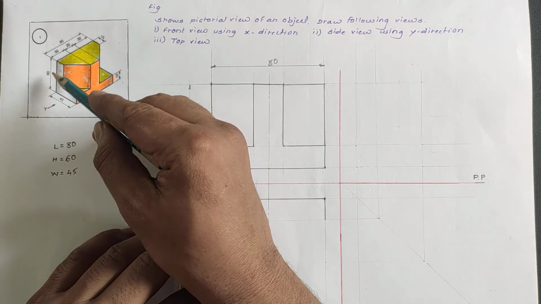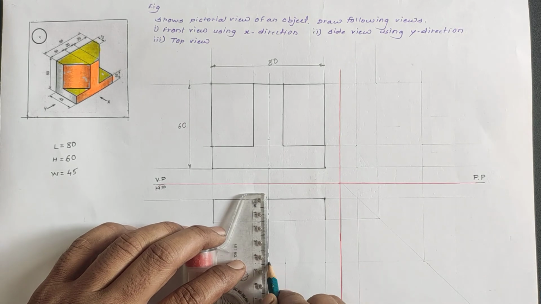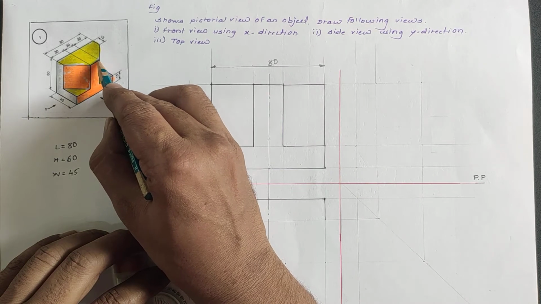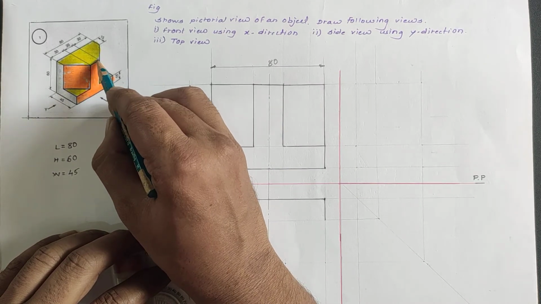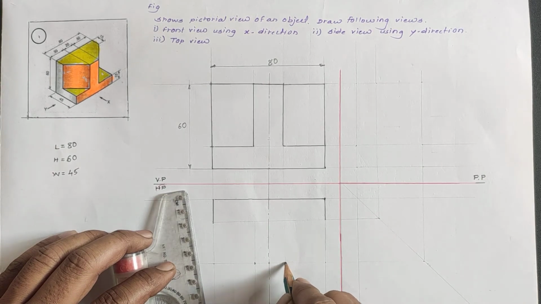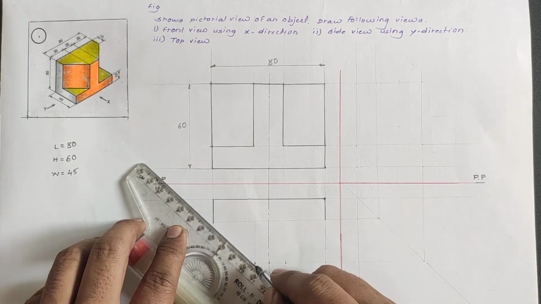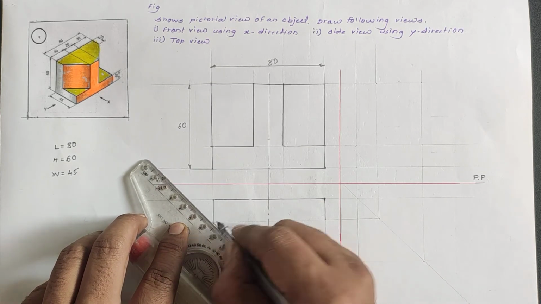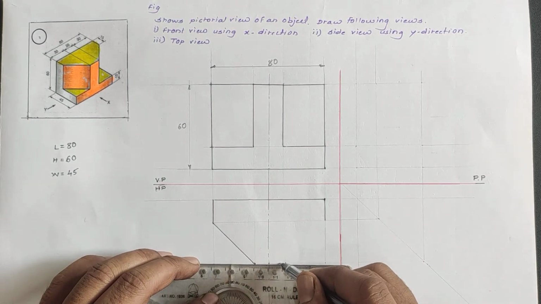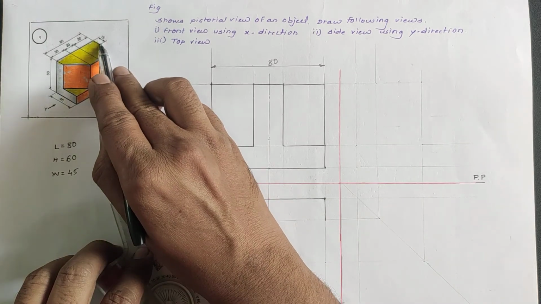Then the total width of the object is 45 mm. Take 45 mm and mark it, and the length of this is 20 mm. So mark 10 mm for both the sides, and then we connect this point to the inclined part. So this line we have connected. Now this is the 20 mm, and again from this point to the incline. So this point to the incline.